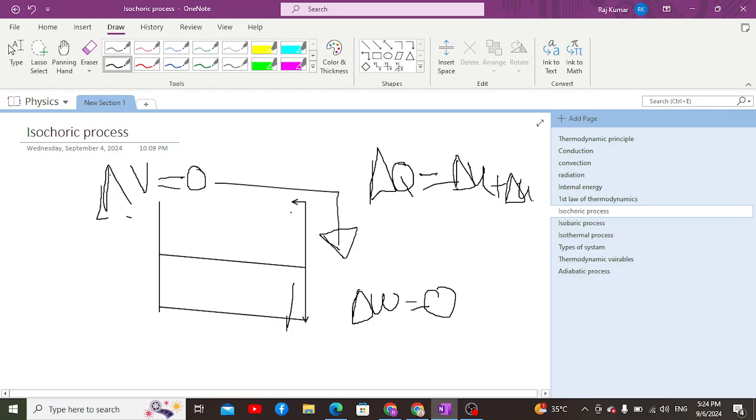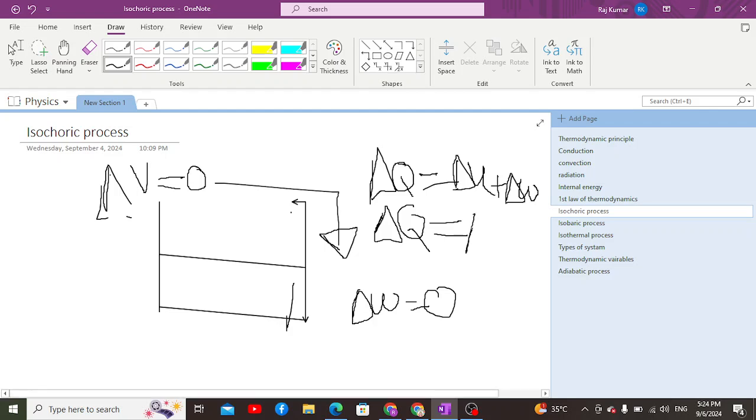Now, since work done is 0, we can simply say that the thermal energy provided, instead of causing an increase or decrease in the volume and causing any sort of expansion or compression, is utilized to cause an increase in the internal energy of the system,